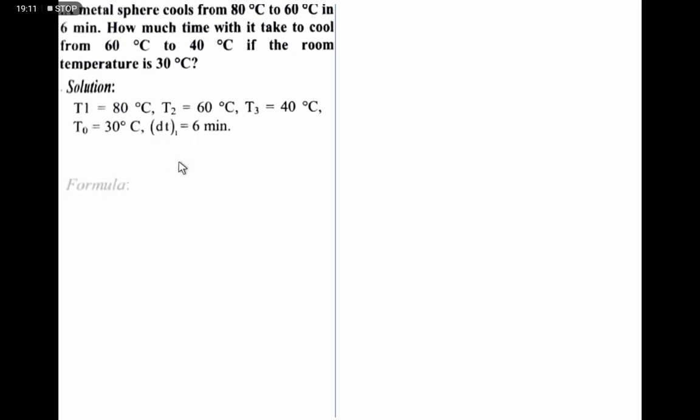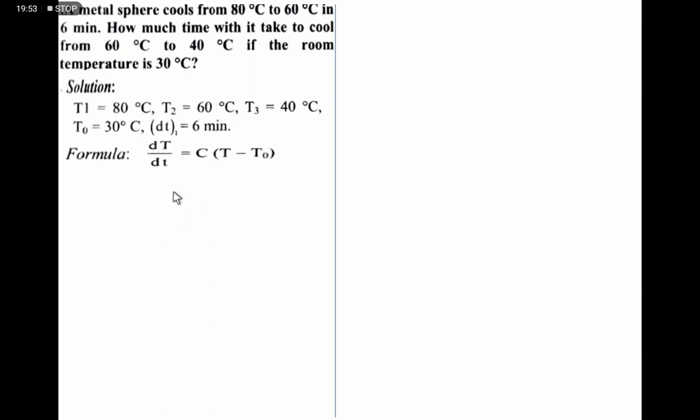So we have to use the equation of Newton's law of cooling, that is, the rate of fall of temperature is equal to C, a constant, times T1 minus T naught. We know that the rate of fall of temperature with respect to time is directly proportional to the excess of temperature, provided the excess of temperature of the body over the surrounding is very small. Now T is the temperature of the body and T naught is the temperature of the surrounding.